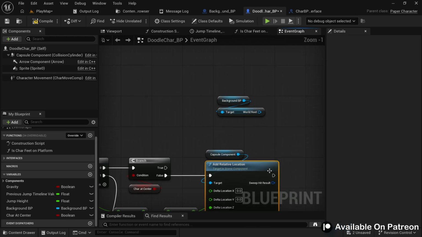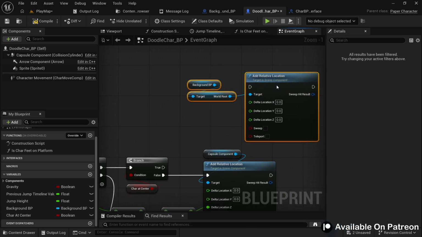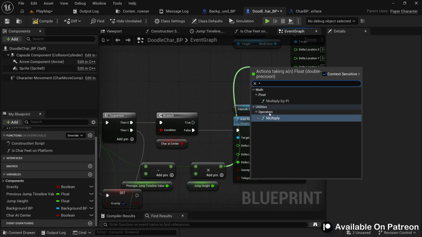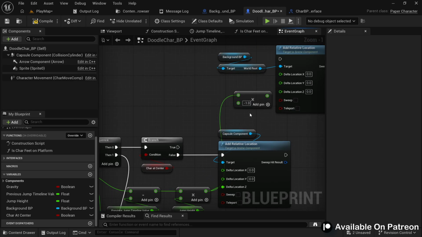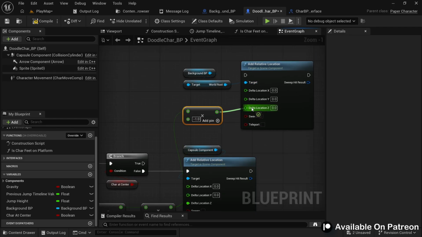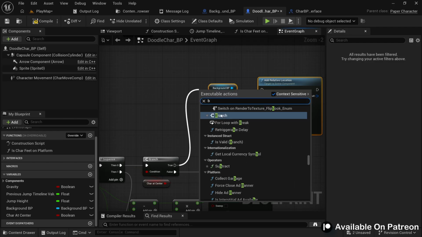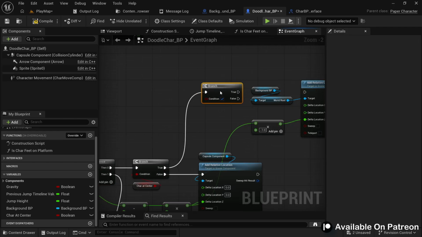And we are going to do the same thing with the world root that we do with the capsule component to jump the character, except we are going to multiply this jumping value with -1 because the platforms have to go downwards, and plug this to the Z value. Now before we move the platform downwards, we are going to check one more condition here,